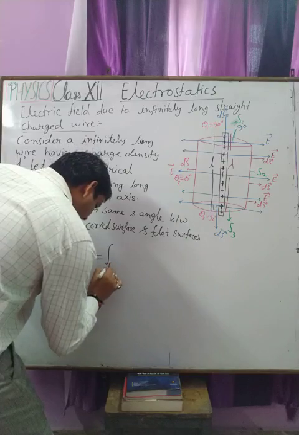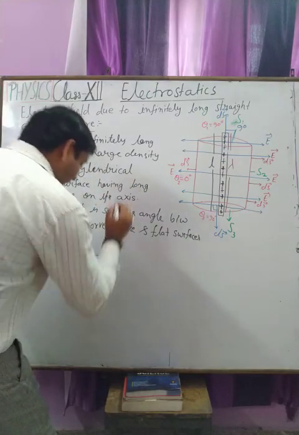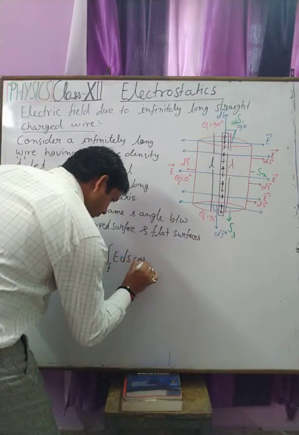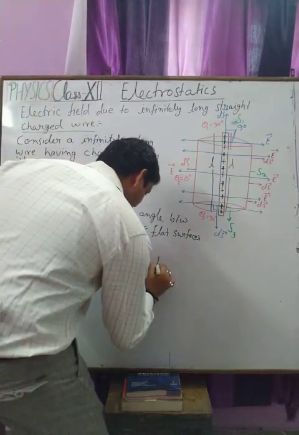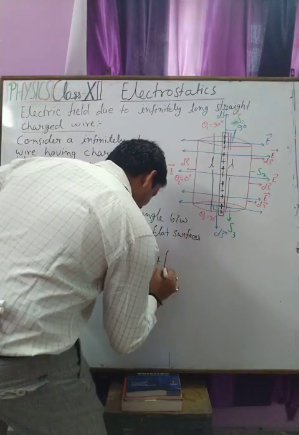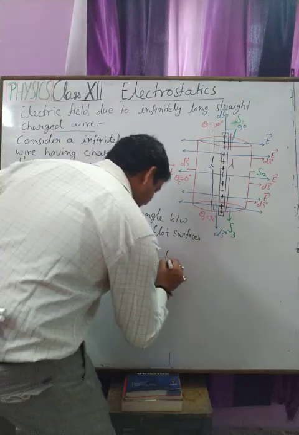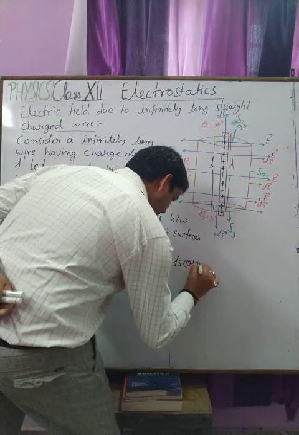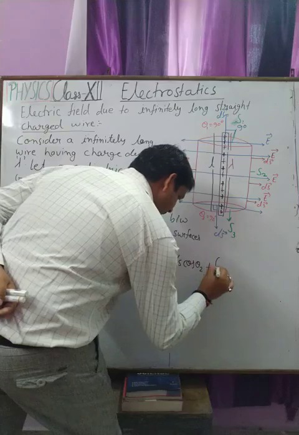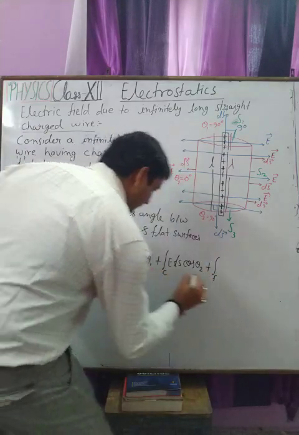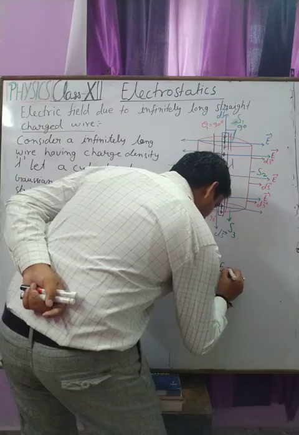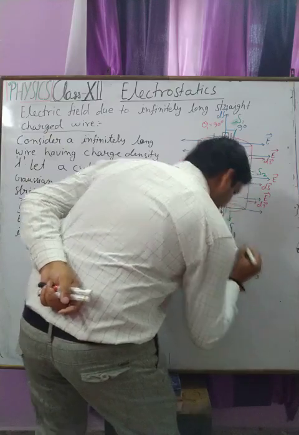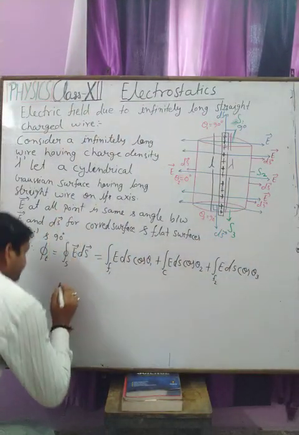First is the first flat surface, that is E ds cos theta 1, plus the electric field for the curved surface E ds cos theta 2, and plus for the second flat surface E ds cos theta 3. Okay student,